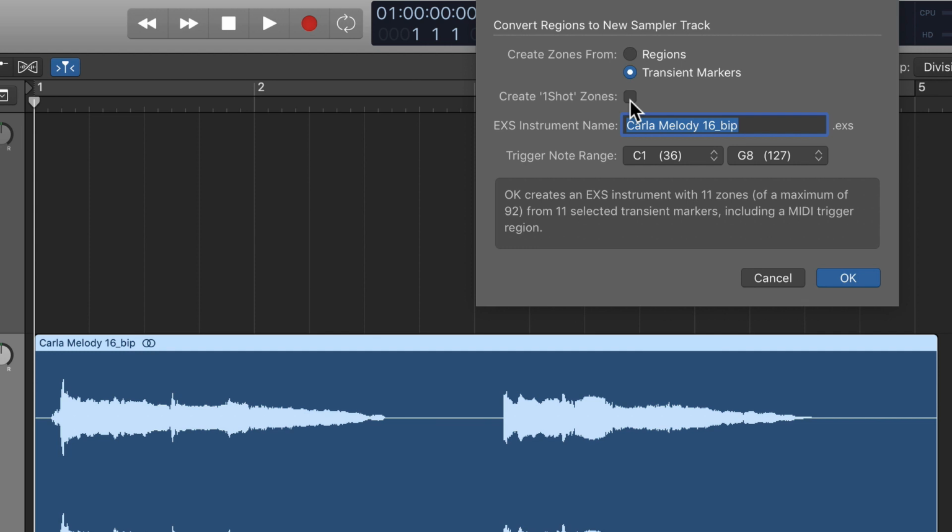For the vocal samples, I don't want that because I'm going to want some of them to be longer and some to be shorter. Then what you can do is set a trigger note range. This is the starting key and the ending key of the range across the keyboard that this vocal loop is going to be mapped. So it's going to be cutting it up into a bunch of pieces and throwing it